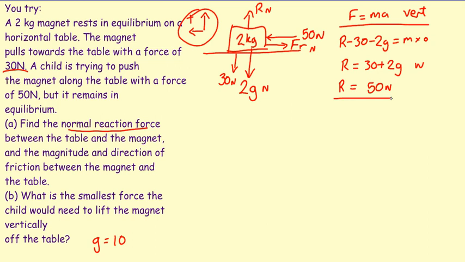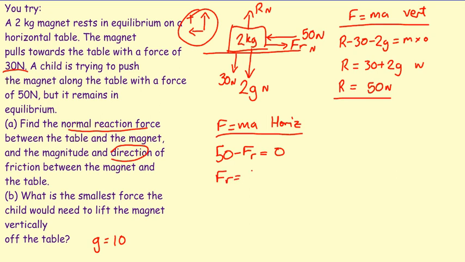Find the magnitude and direction of the friction between the magnet and the table. So in this case, we're going to want F equals MA horizontally. And again, you can just write the answer down here, but I'm going to go a bit over the top and just write out this whole thing. There we go, we've got a substitution into our formula, and so we're going to get friction equals 50 newtons,